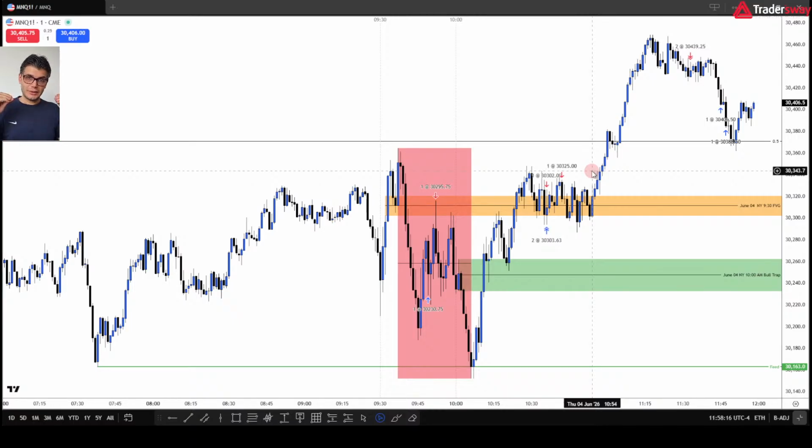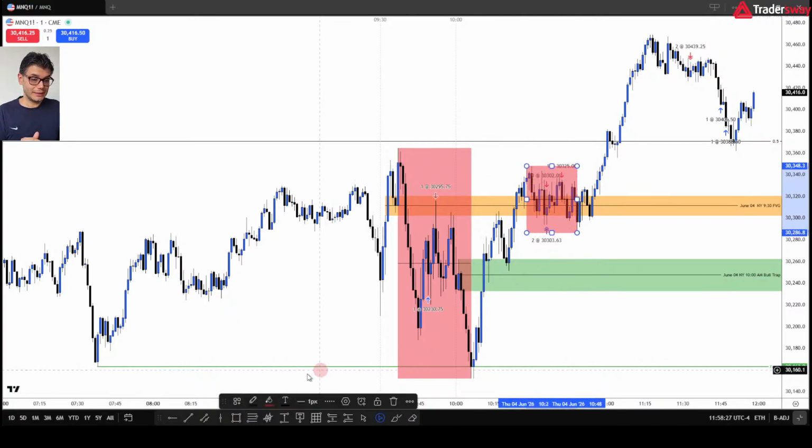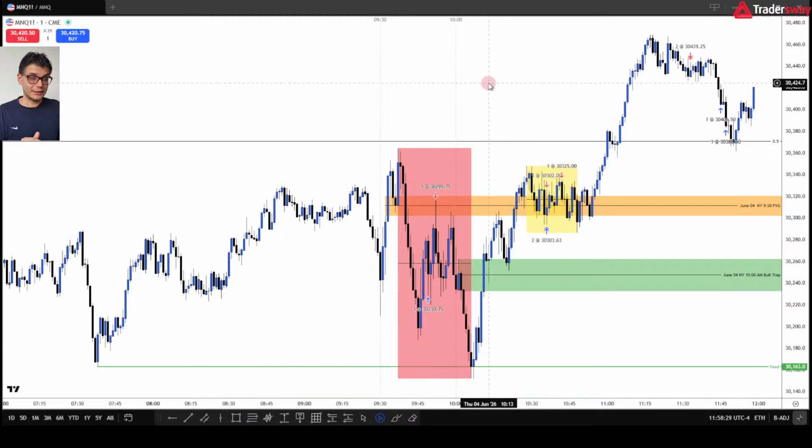I mentioned that the point of control is in the middle of the range. That's very hard to read. So when it's hard to read, what do you do? Either I am content with taking small profit with scalps, and if the market runs away like this,